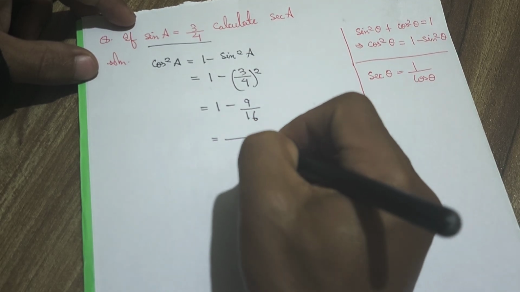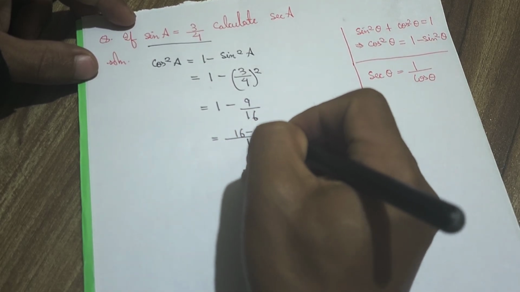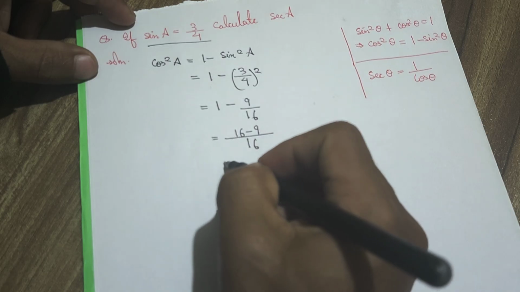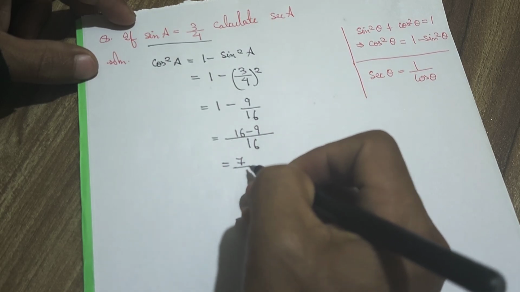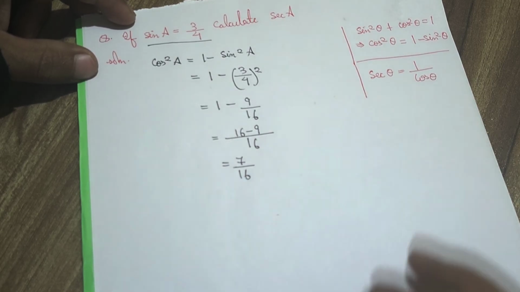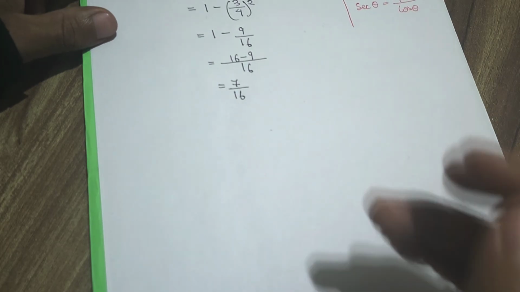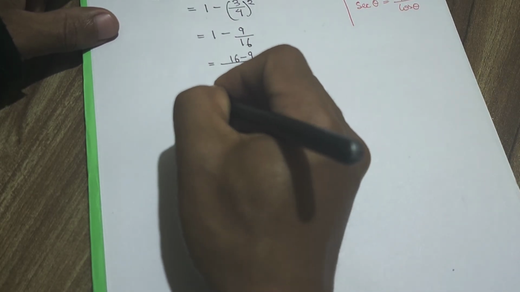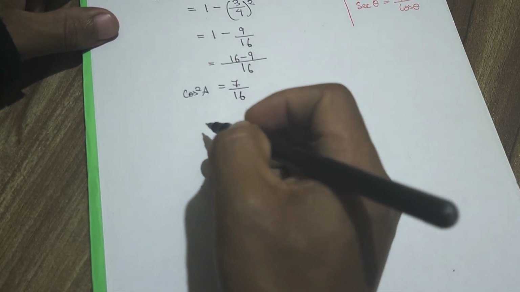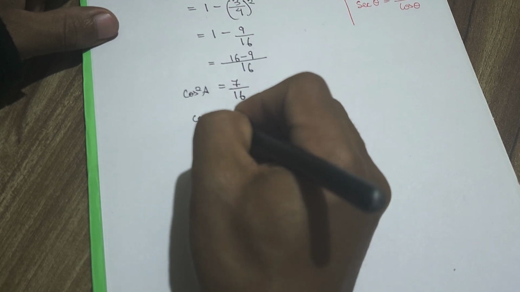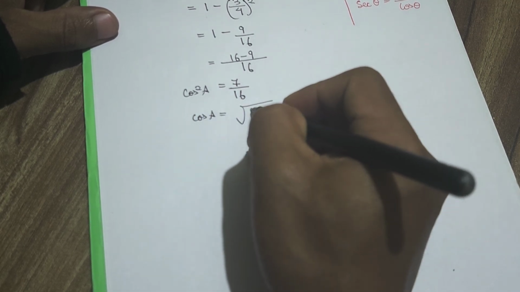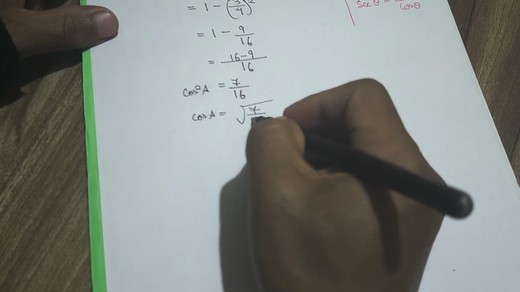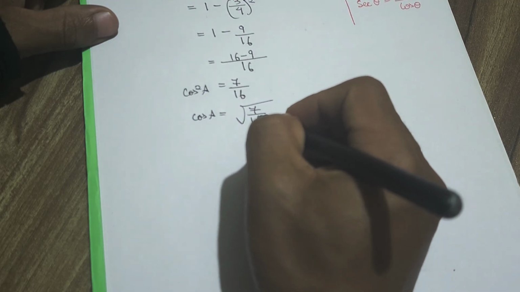Then LCM: 16 minus 9, which gives 7/16. Then, as we have got the value of cos square A, taking the square root on the right hand side,